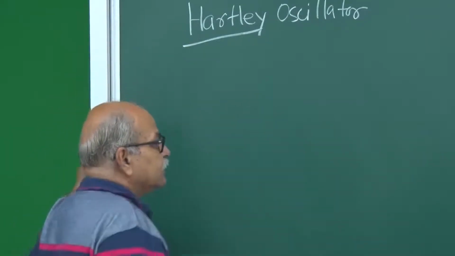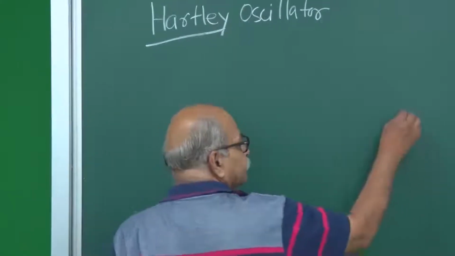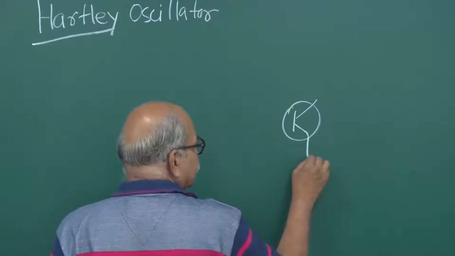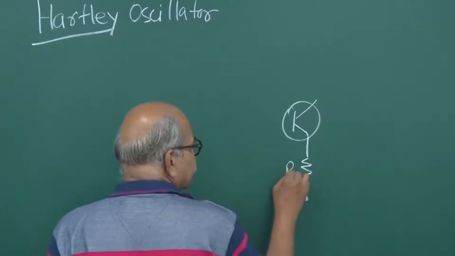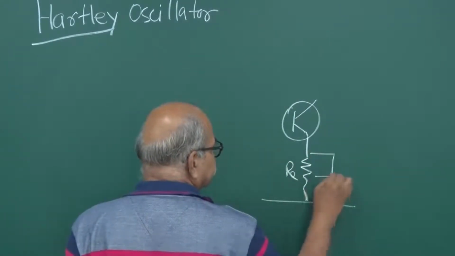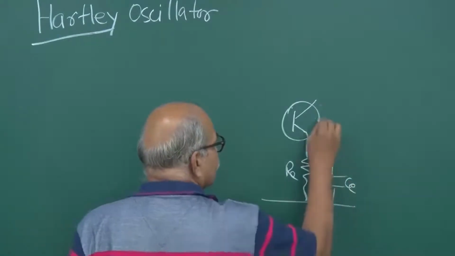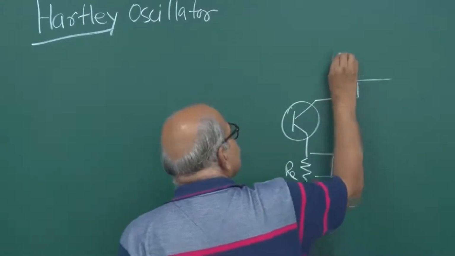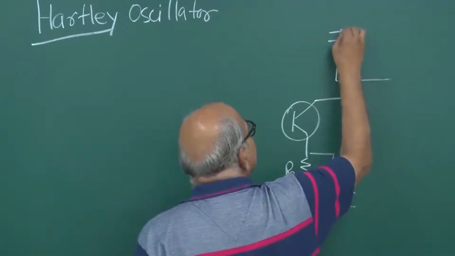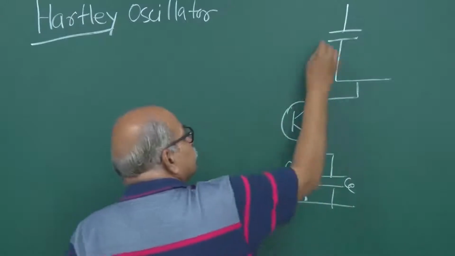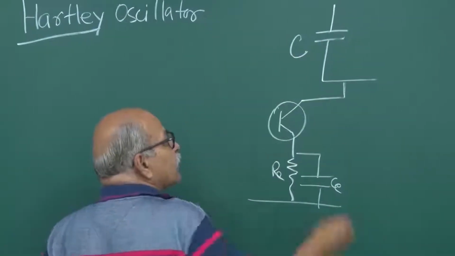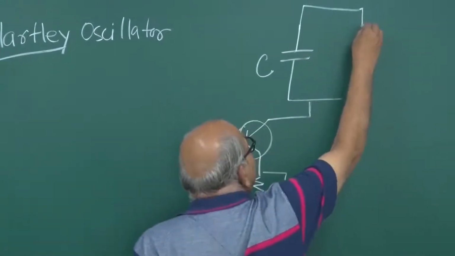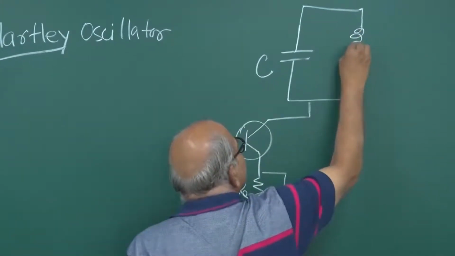In this you have that amplifying circuit, and in the collector part you put that tuned circuit where you have this capacitance, and then on that L side, inductor side, you generally have two inductors,